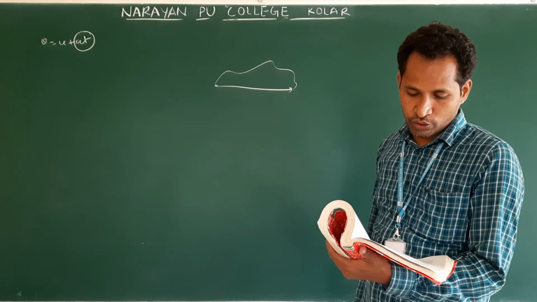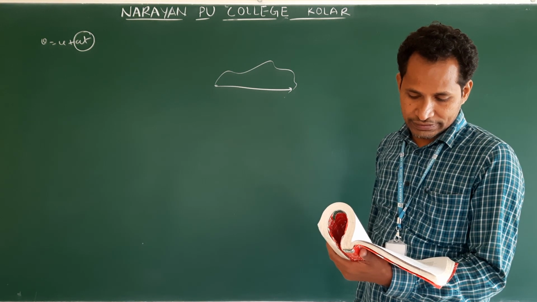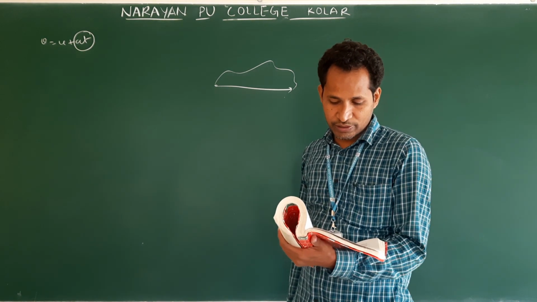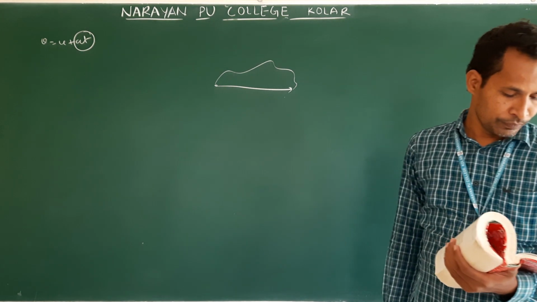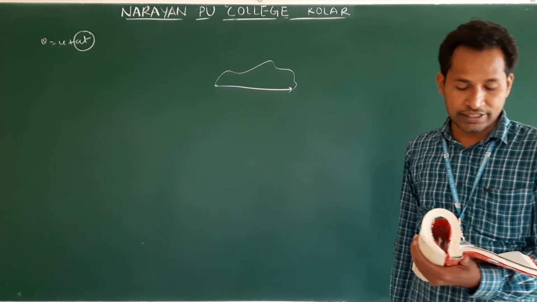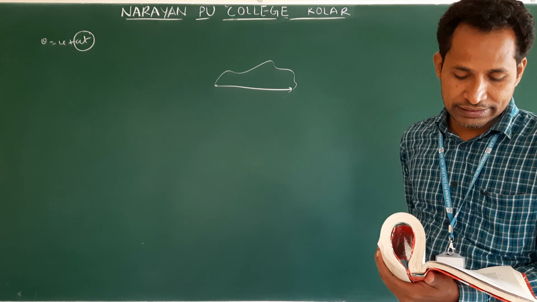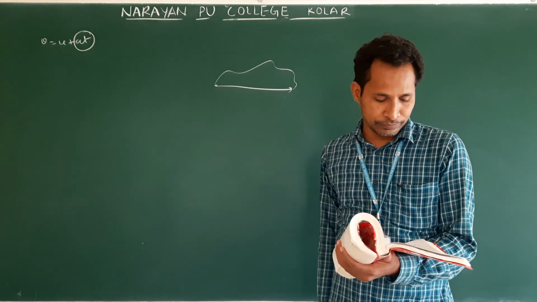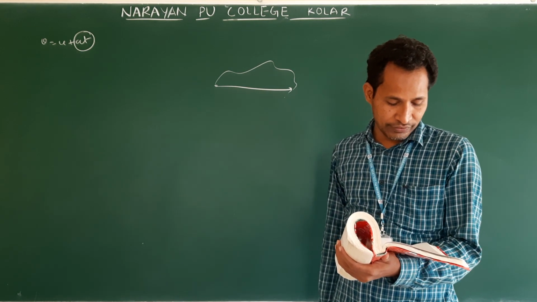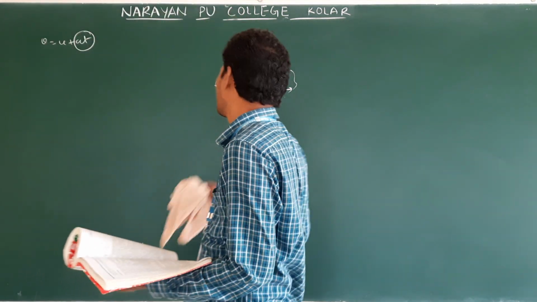The average speed of a particle is either greater or equal to the magnitude of the average velocity of the particle over the same interval of time. Yes, it's correct. Three vectors not lying in a plane can never add up to give a null vector. This is also correct. The last question you will understand if you do the problems. Clear? And 4.7, we will see at the end after all problems.